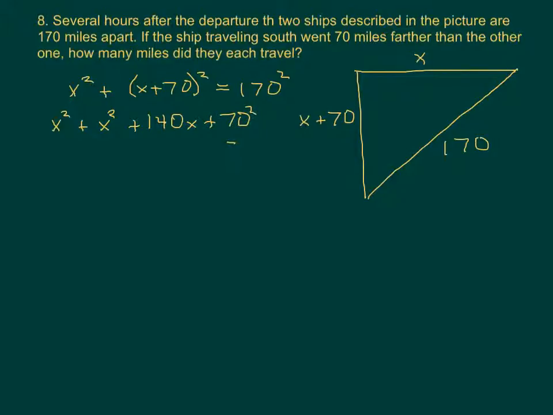So if you do that yourself, then you will see that it works out to that. And all of that is going to equal 170 squared. That gives us 2x squared plus 140x plus, and then 70 squared is 4,900 equals